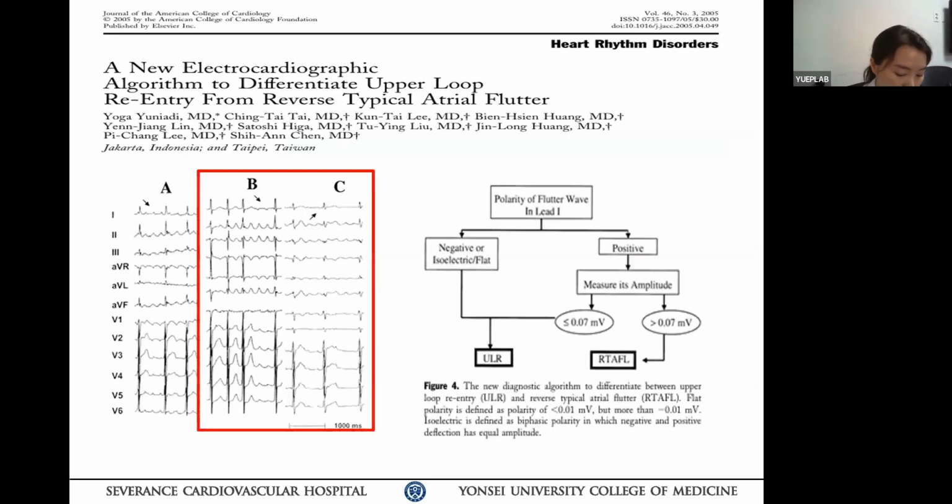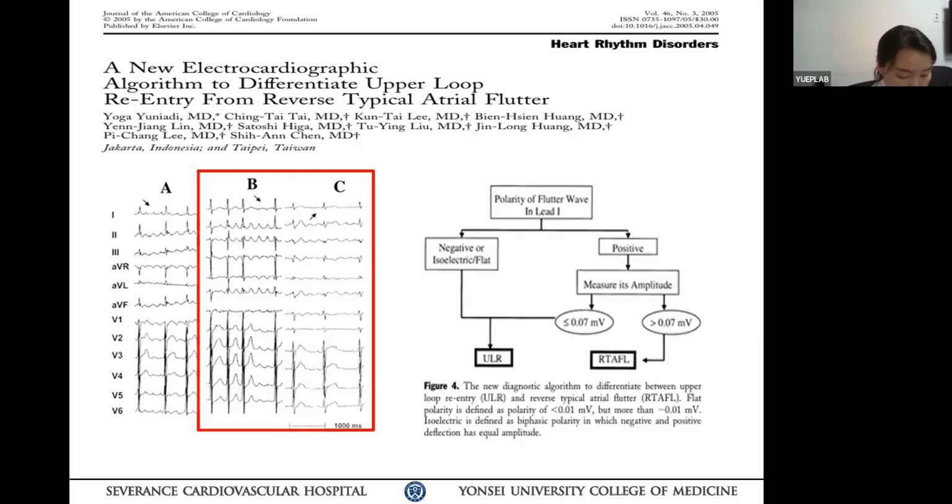The positive flutter wave in the inferior leads mainly suggests three possibilities: left atrial flutter, upper loop reentry, and reverse typical atrial flutter. The left atrial flutter can usually be distinguished by its taller flutter wave amplitude in the inferior leads, reflecting a stronger inferiorly directed left atrial activation. However, upper loop reentry and reverse typical atrial flutter often show similar ECG findings in the inferior leads, making